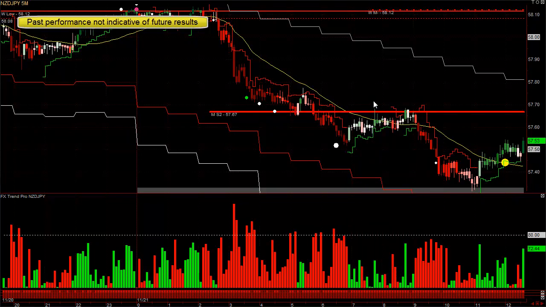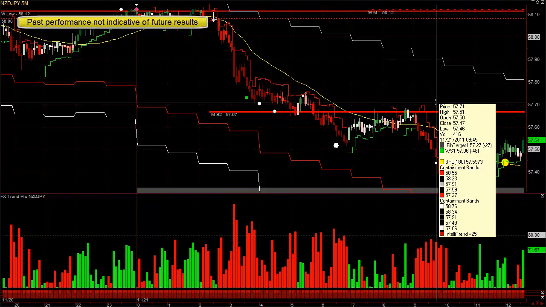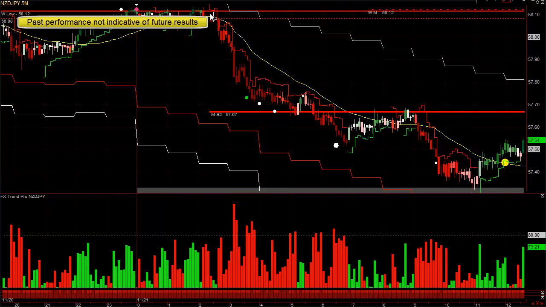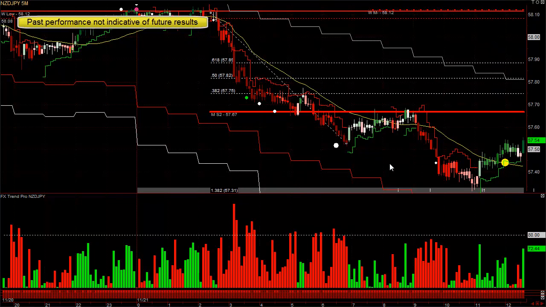If you got short right here with your stop a few pips up there, you had to sit through a half an hour or an hour sideways move, and then guess where it went? Draw your fibs on this. The Fibonacci profit target's down there. My Fibonacci profit target I drew last night as the likely or possible low today in the New Zealand yen